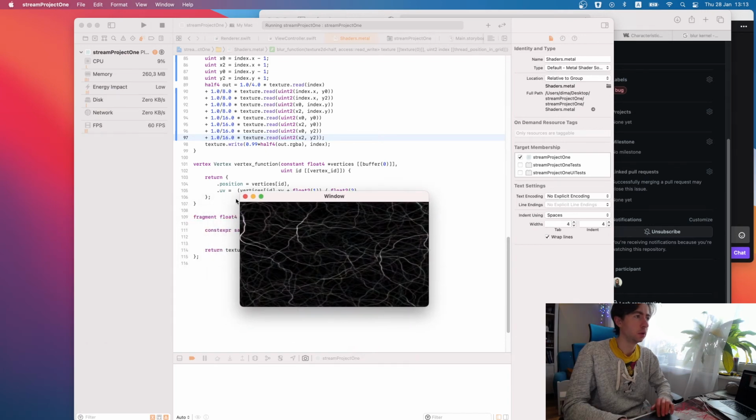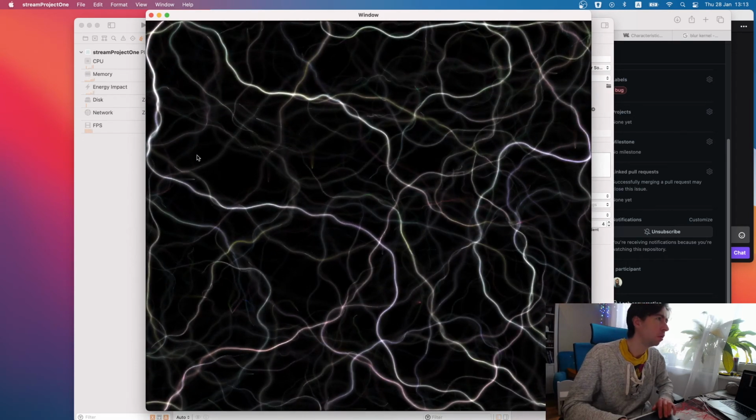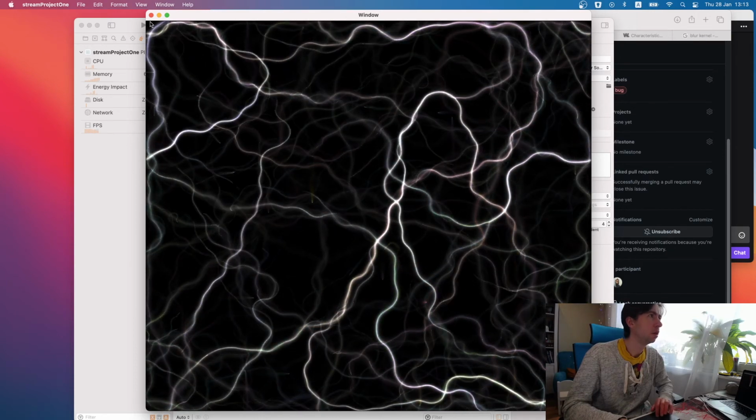Okay. It works as before, with edges being darkened.